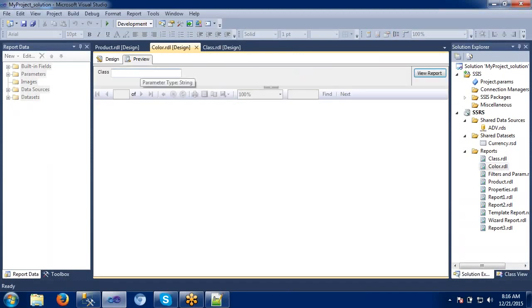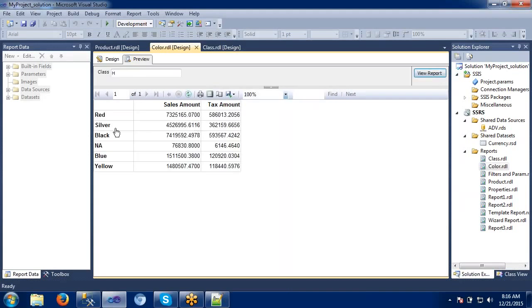I have given one parameter here. Let me tell you why it is needed. This is the black color I am giving here, so maybe it doesn't have any data. Sorry, class means high class, low class, middle class, so it is giving class related data.